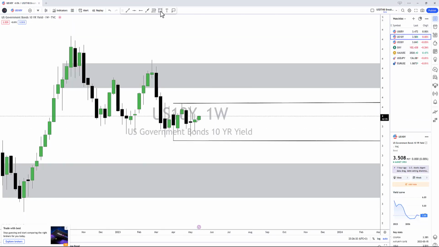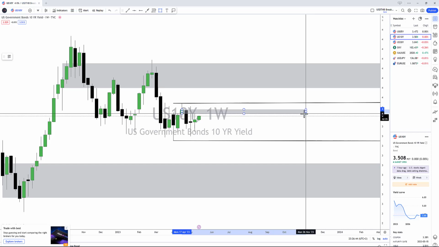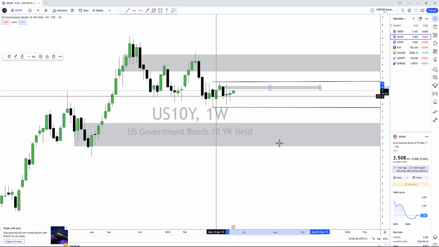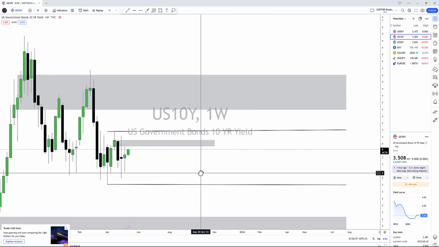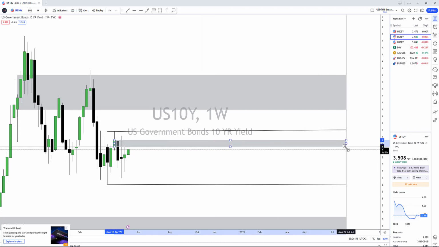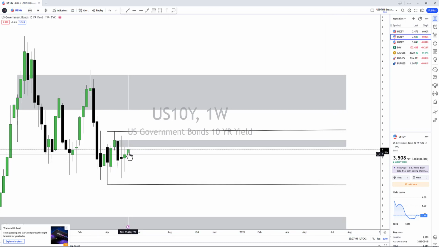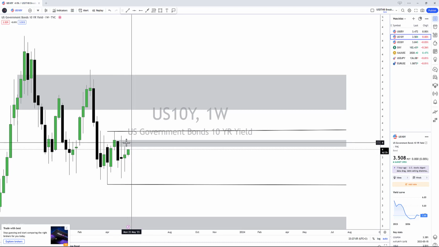Now on the 10-year yields, we also have a bearish order block right here. We also have a bearish order block. Let me just zoom out. I need this to extend. So we've got a bearish order block, and you can see the current weekly candle is heading into this level here,